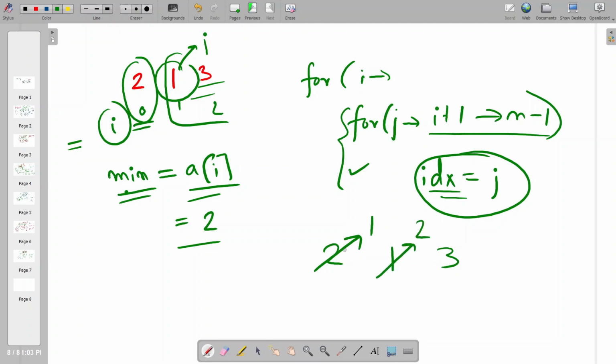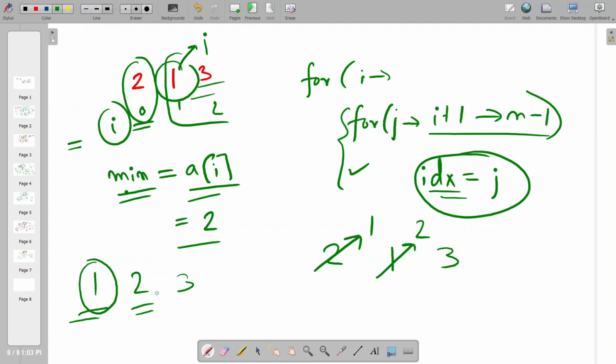And why is this swapping necessary? Because if I have found some index where I have got a discrepancy, whenever I find something smaller towards the right of i, that means I have got the proof that the array is not sorted. If the array was sorted, something like 1, 2, 3, then suppose I am presently at 1, this should be the minimum.